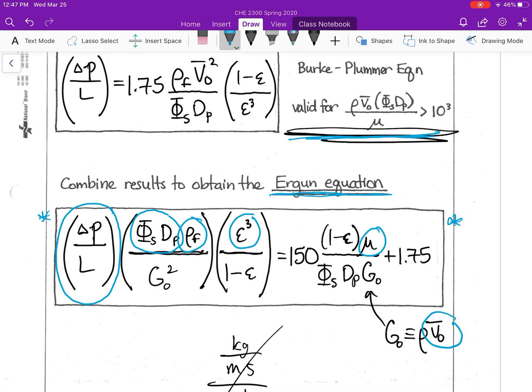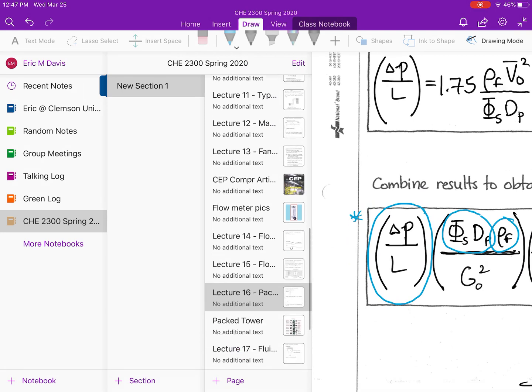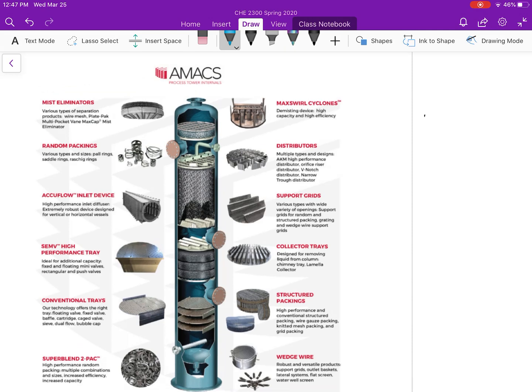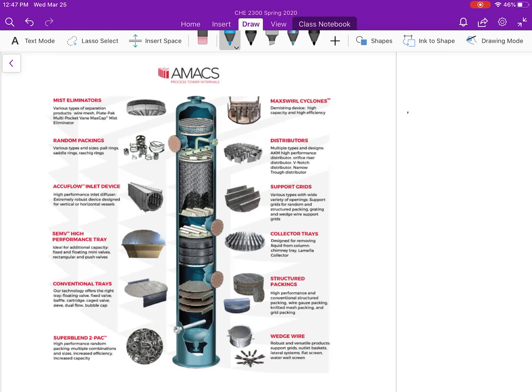The one major thing I did not discuss when we went over packed beds, two major things are: one, the actual packing material itself, and then two, when I might want to use a packed bed over some other type of column, such as a plate column. So what you have here is a schematic of a packed bed column. And in terms of our packing material, there are a number of other things on this figure. We'll get into some of those in a bit more detail when we get into fluidized beds here shortly. But the one thing I want to highlight here is that our packing material falls under one of two categories. Our packing material can either be